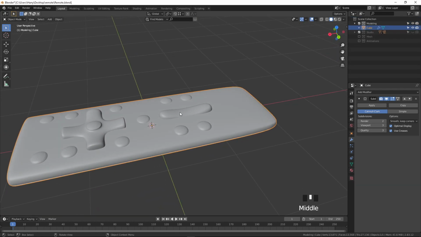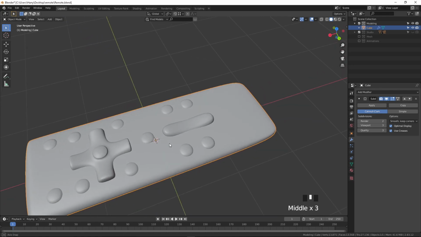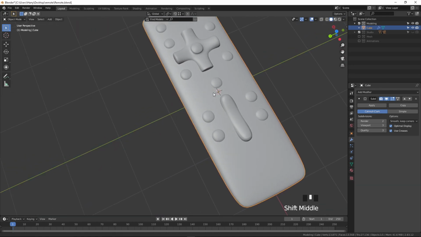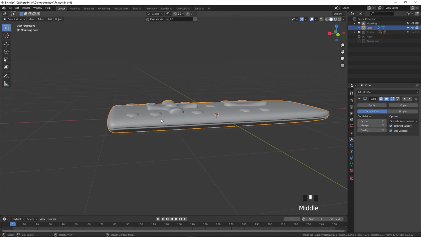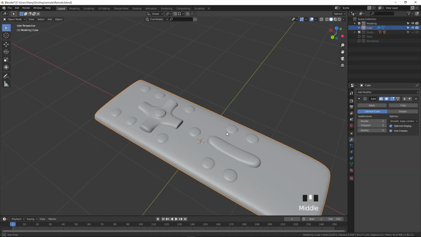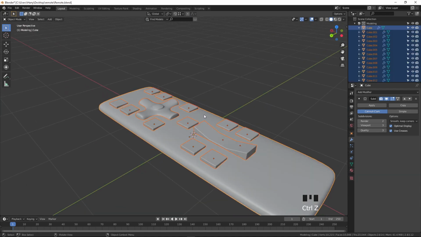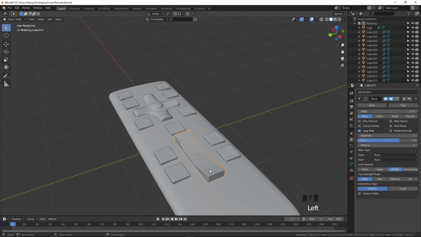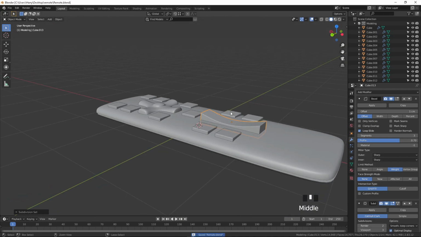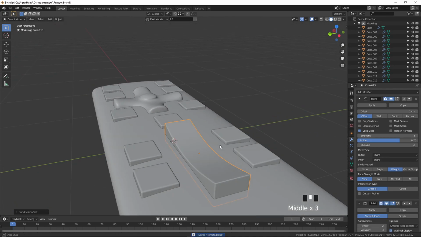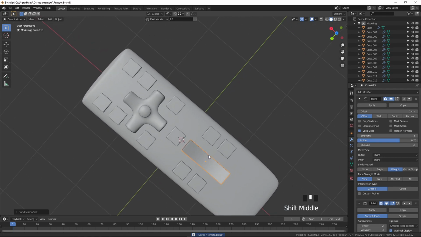Now you can see the button and everything becomes a different design. Okay, but this is not required for us now because we want it as earlier. I press Ctrl 3 to smooth it. Yeah, now it looks fine.